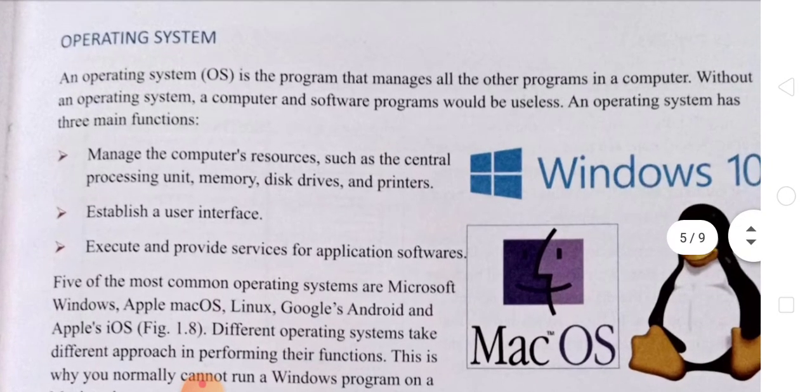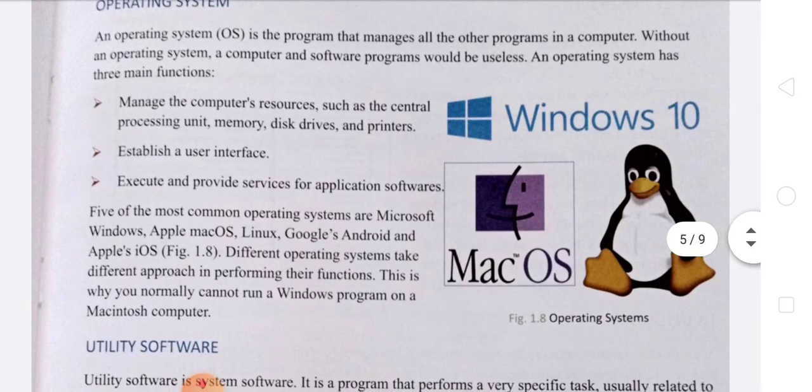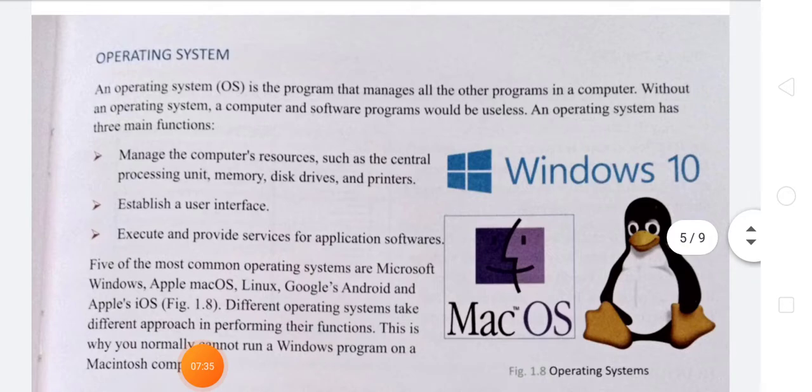The first type of system software is the operating system, also known as OS. It is a program that helps to manage all the other programs on the computer.